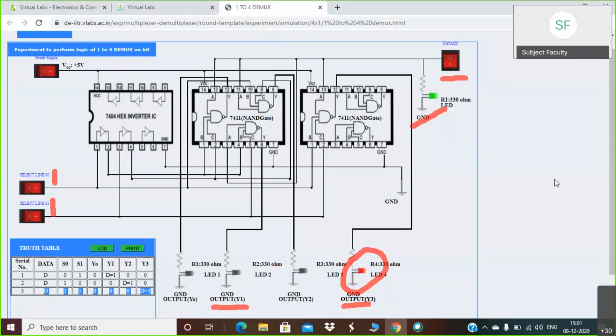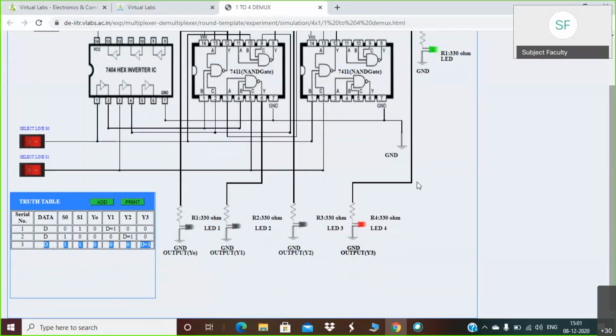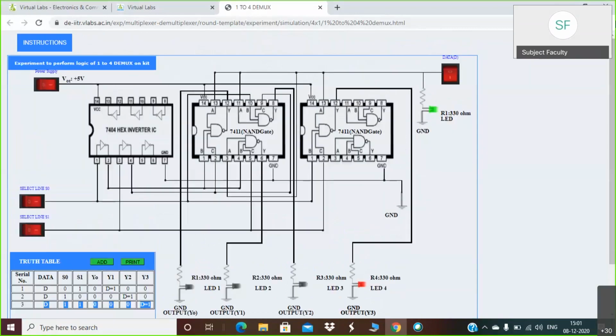Okay. So again you have to perform this. Try to perform this practical. You can also take a print from here. Keep those prints with you. Okay, don't forward it to me. I will ask you at the end, then you can send it to me, all the prints of all the outputs.